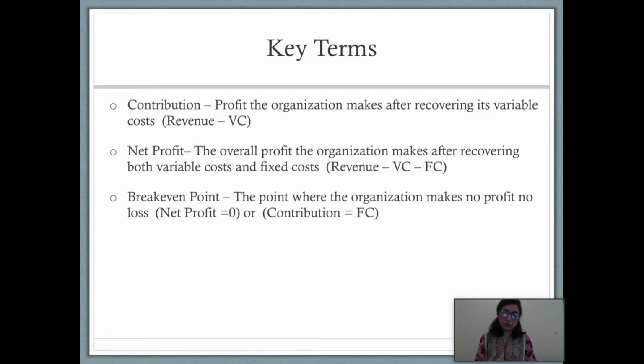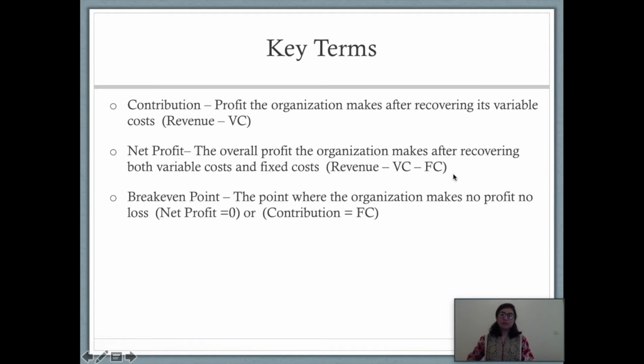costs and fixed costs. So in short, variable costs and fixed costs combined makes up the total expenses, total costs of the organization. So when we are subtracting the total cost from our sales, we get the net profit, right? And that is exactly what has been explained here. Revenue minus variable cost minus fixed cost. We can also write it down as contribution minus fixed cost, because this area is actually your contribution. So net profit could also be explained as contribution minus fixed costs.